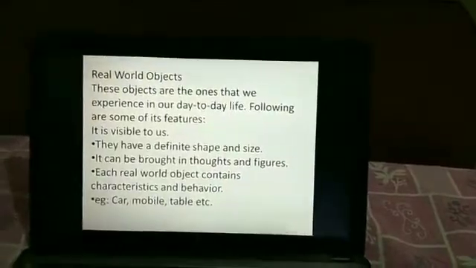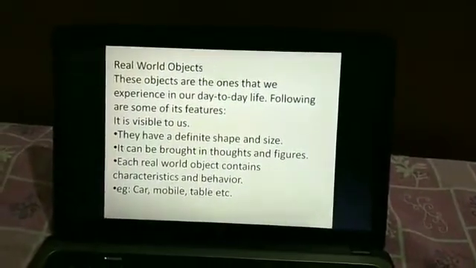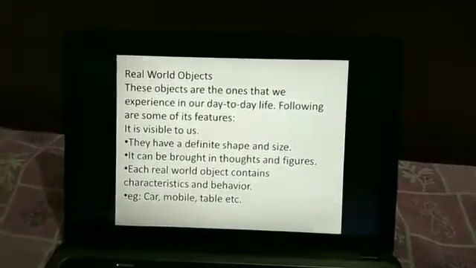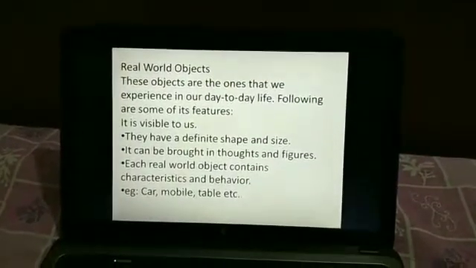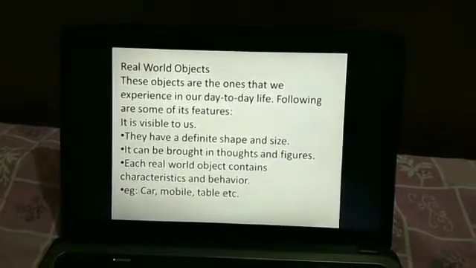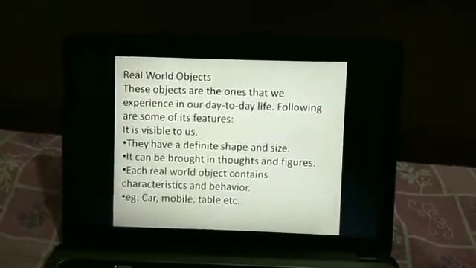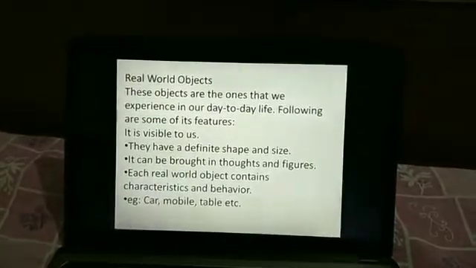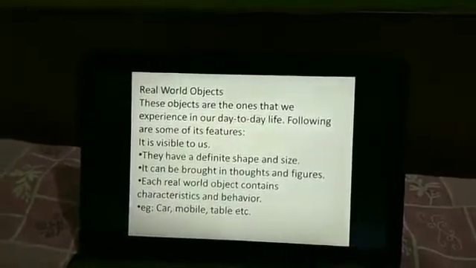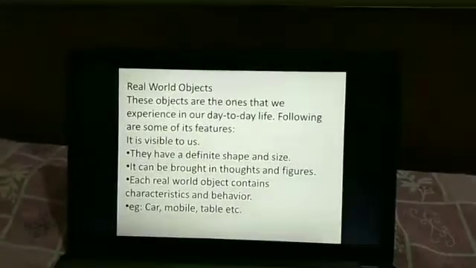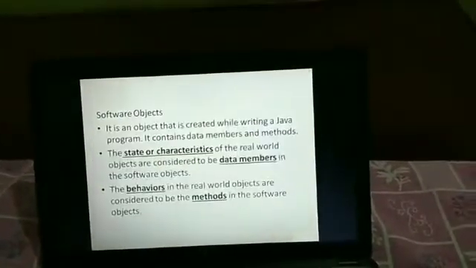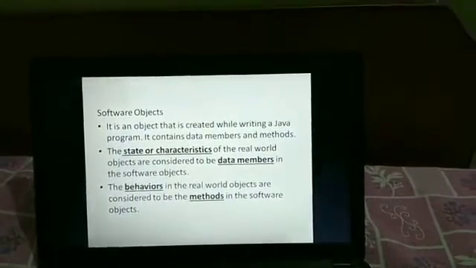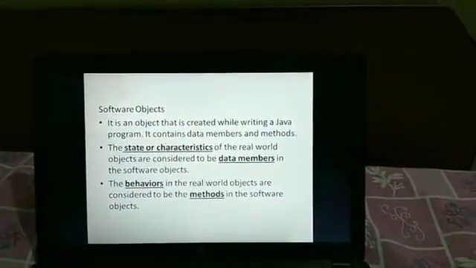The real world objects are those that we experience in our day-to-day life. Some features of real world objects: they are visible to us, they have definite shape and size, they can be brought into our thoughts and figures, and they contain characteristics as well as behavior. Whereas software objects are the objects created while writing a Java program.